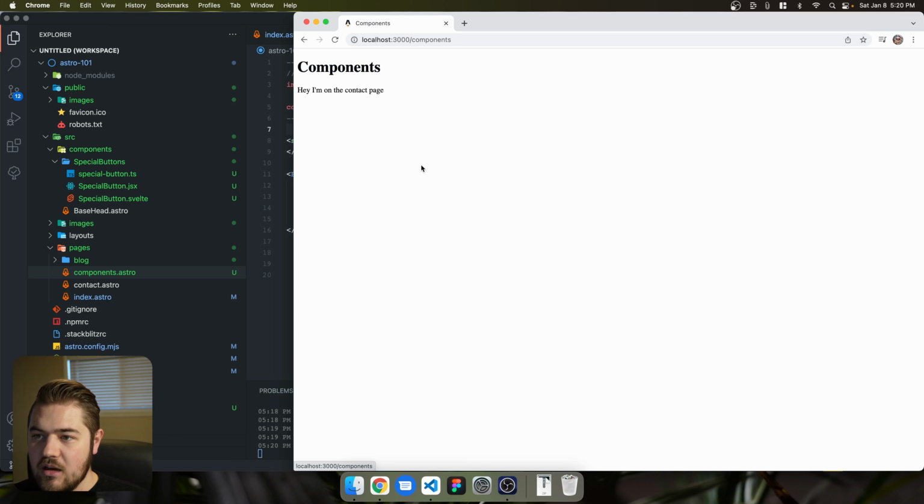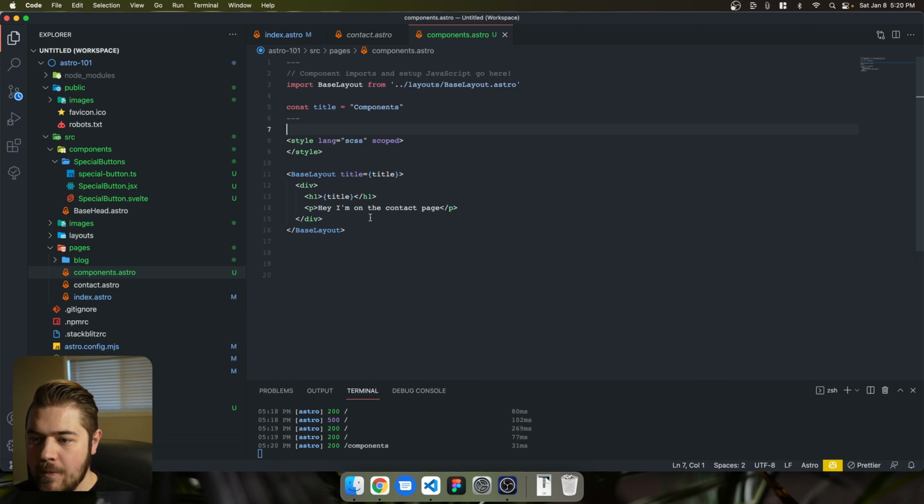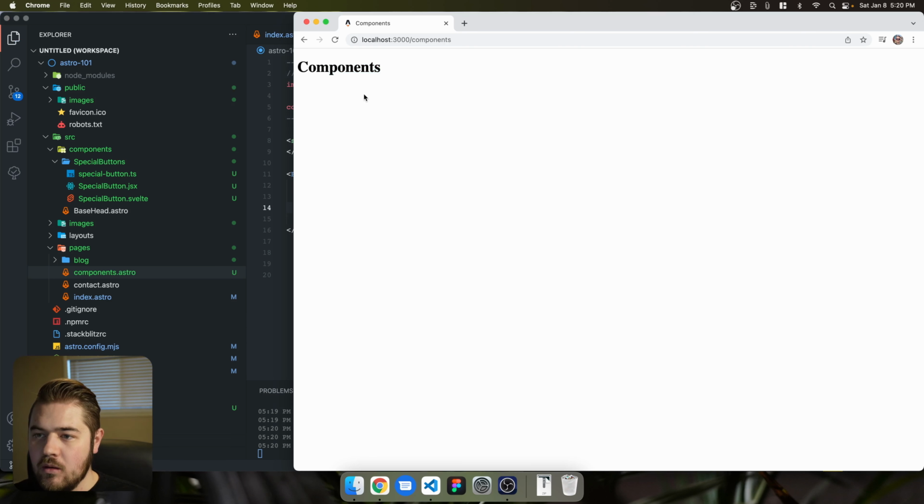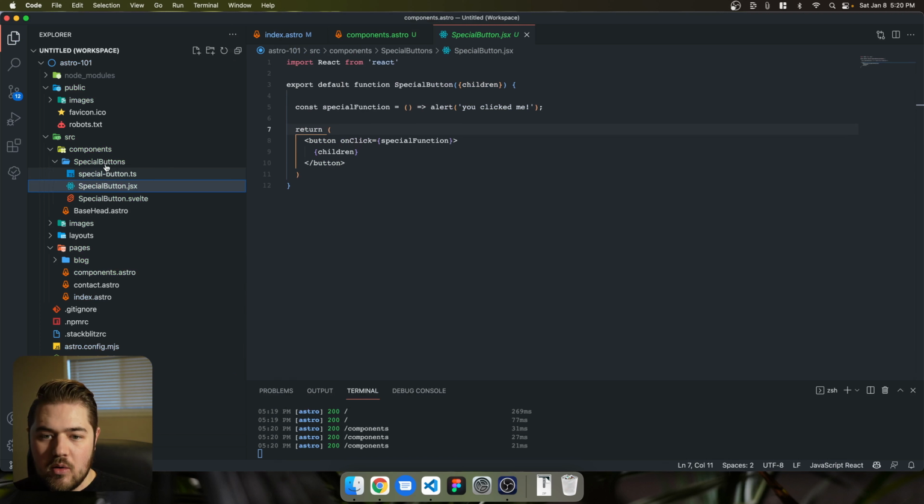And I already have the link to our components page. There we go. We're loading the components page right there. And we'll get rid of this p tag. Perfect. So if you already noticed, or maybe looked ahead a little bit, there's this components directory where I have